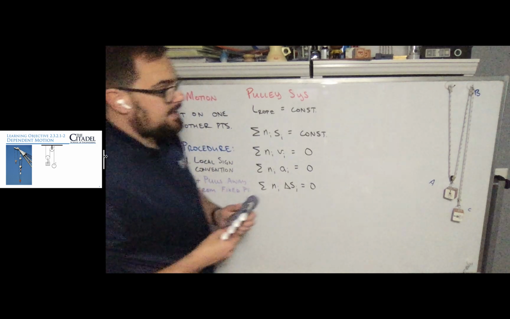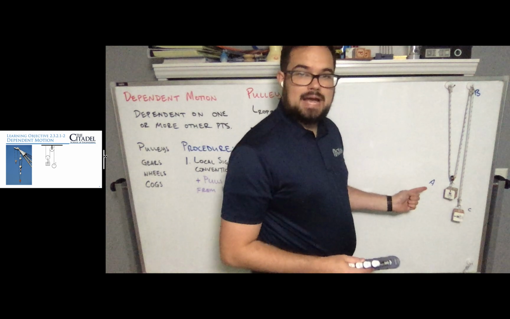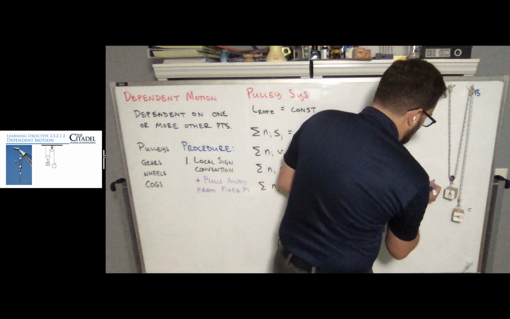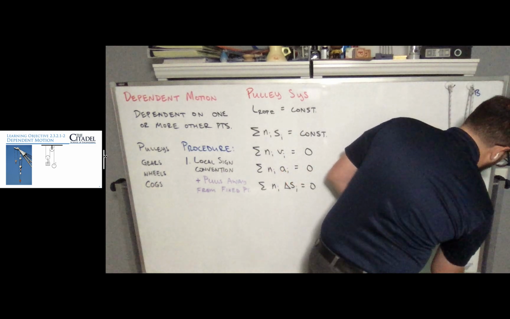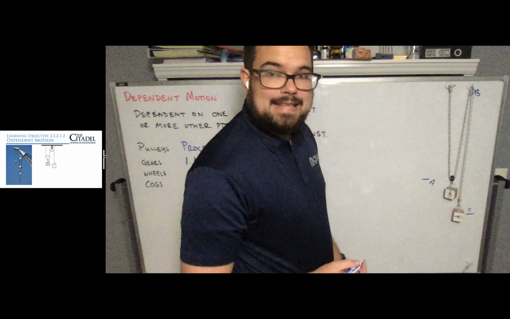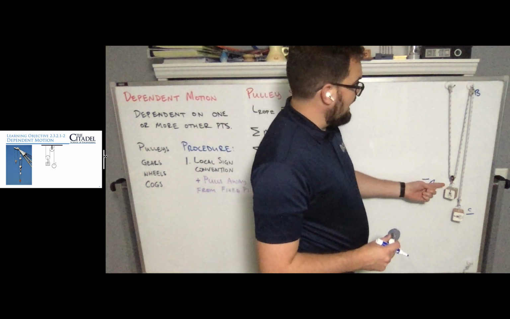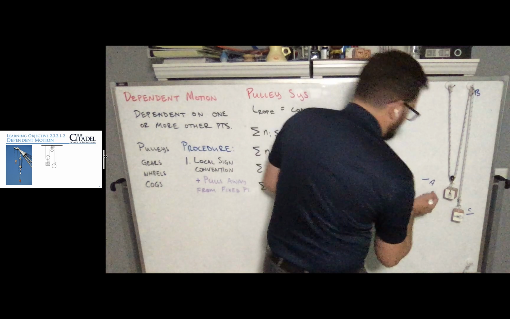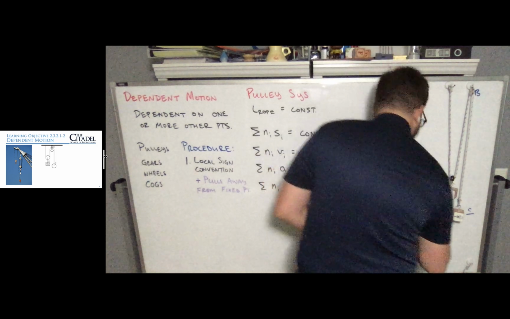So if we look over here at this pulley system, we've actually only got 2 moving points, and at each location we can draw a new local datum like so. And then if we look at where the closest fixed points are for A, well, they're up here. And so away from those fixed points is going to be down. So this is actually going to be positive down